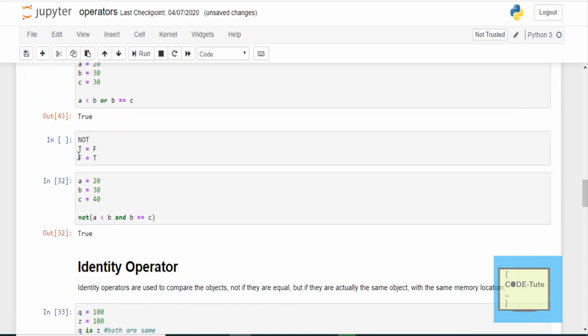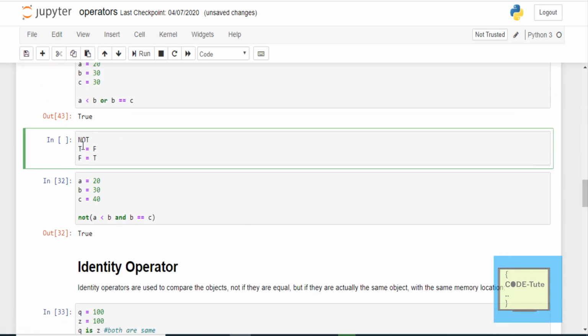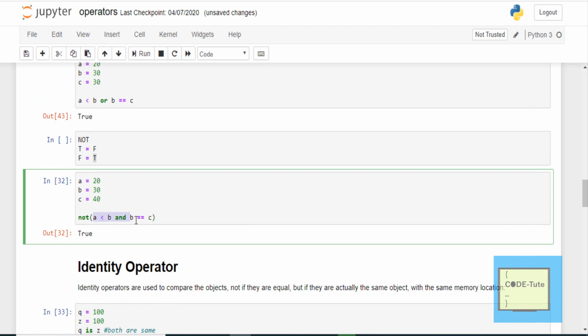The next is not operator. Not will change the status, it will change the value true to false and false to true. This is the simple statement. Now you know how to read this statement: A is less than B and B is equal to C. Let's check the output of this first.